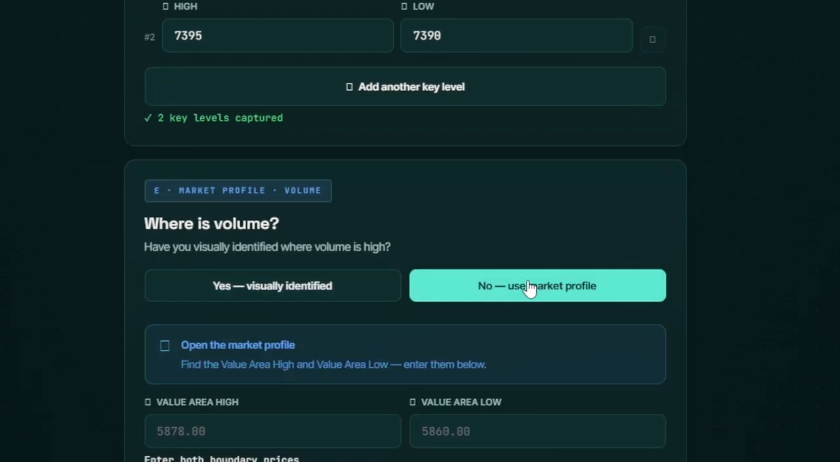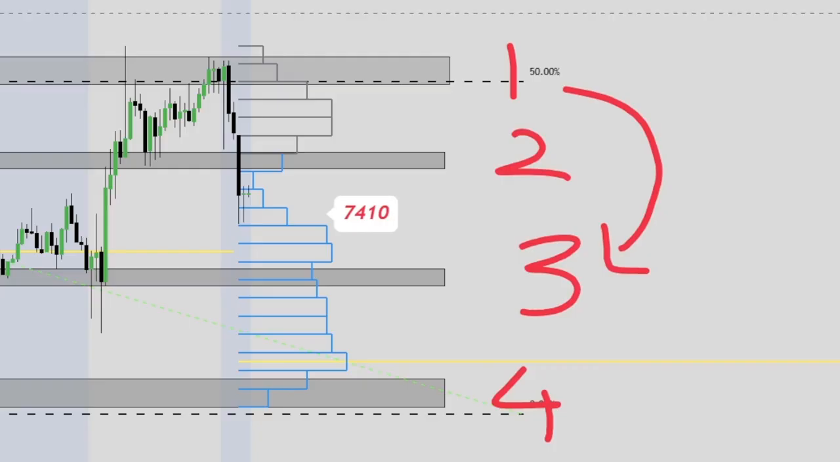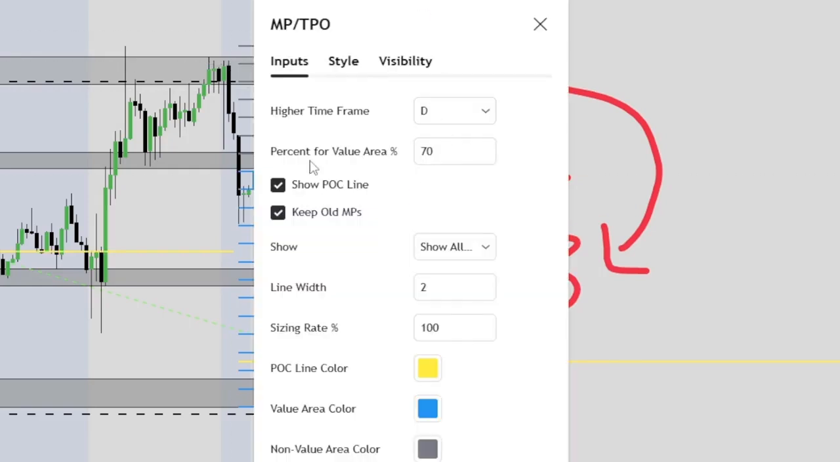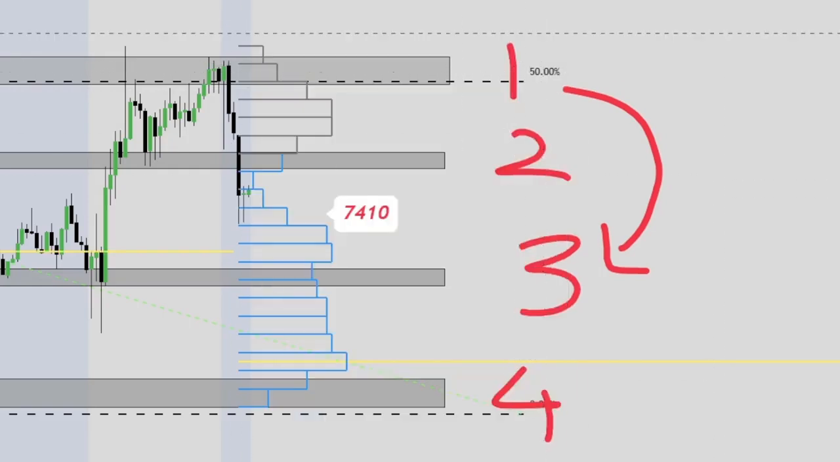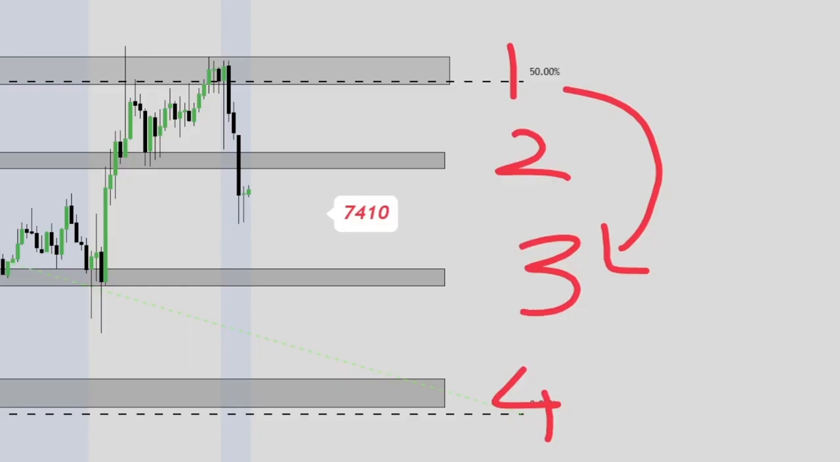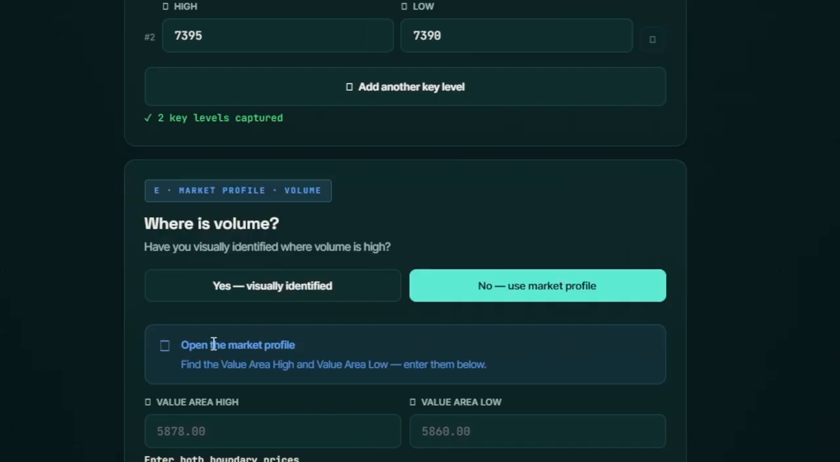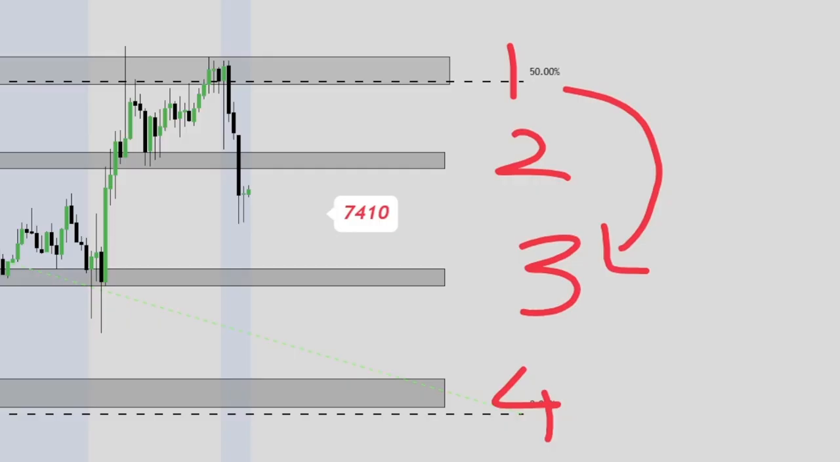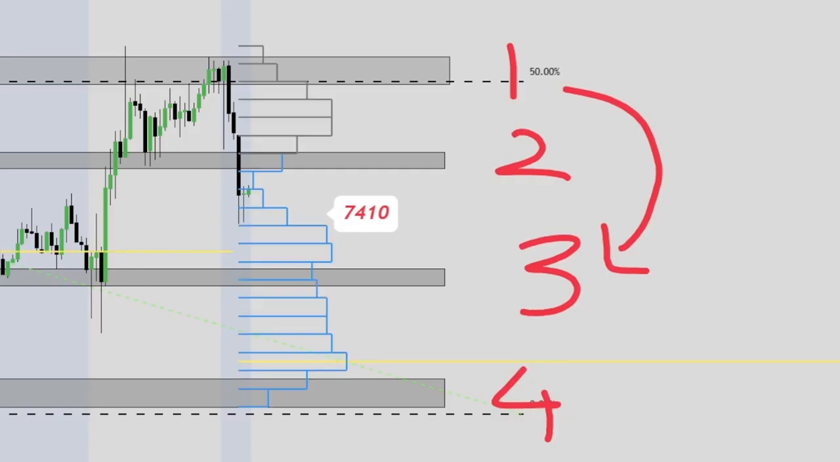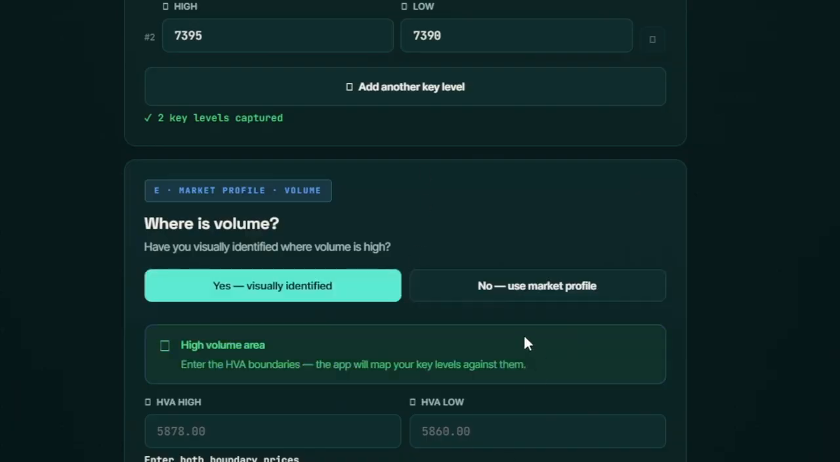And if you haven't, the system will say open market profile. This is market profile, MPO, TPO. It looks something like this. If you haven't got it open, the system will prompt you to open it. It will say, open the market profile. Then you'll go to the chart, open the market profile, and it'll tell you what you're doing. Next